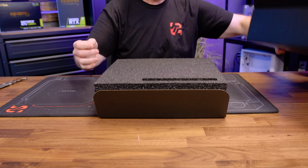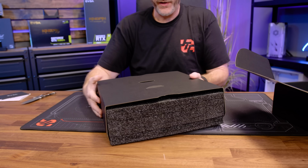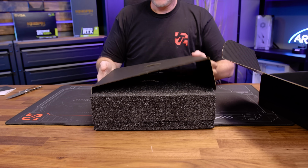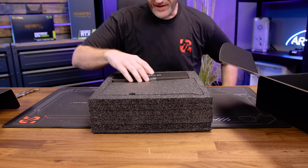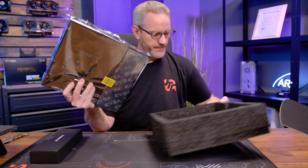This should just come off. Okay, the cardboard part didn't want to come out, so I've now unboxed the whole thing. That's fine. So there's the divider there. There's the accessory kit, which we'll look at in a second. And one of the things that you might notice initially